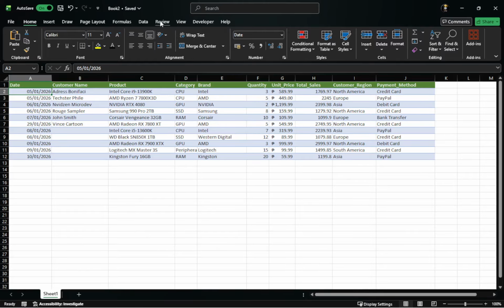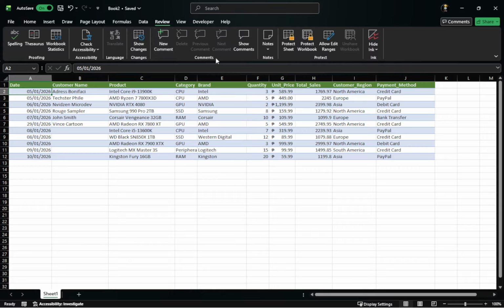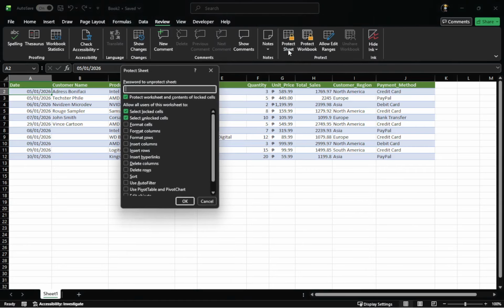In the Review tab, click Unprotect Sheet, which tells Excel you want to allow editing again. If a password is required, Excel will ask you to type it, and you will only be able to edit if you know that password. On protected worksheets, the person who set up the file can choose exactly which cells are locked, so some cells might stay editable while others remain blocked.